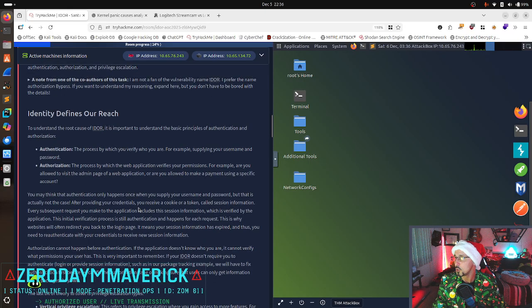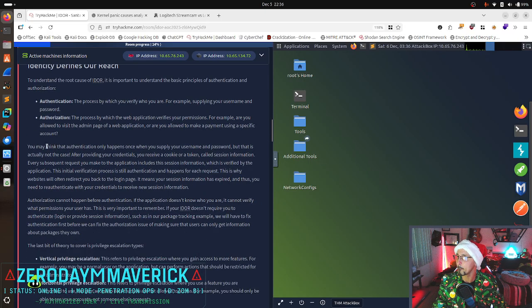You may think that authentication only happens once you supply your username and password, but that is actually not the case. After providing your credentials, you receive a cookie or a token called the session information. That's one of those things you see when a website says that cookies are used when you're accessing it.